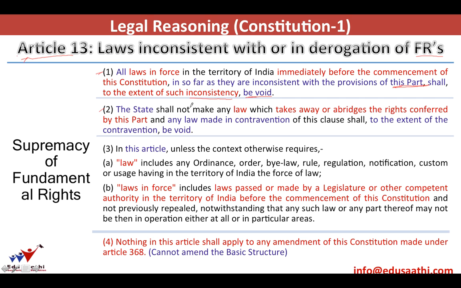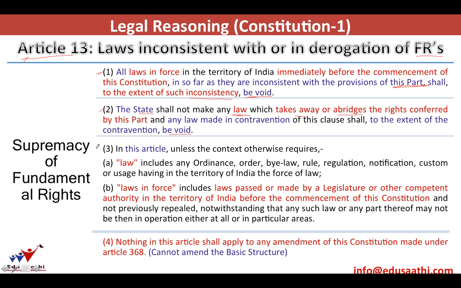Next clause is clause 2. The state shall not make any law which takes away or abridges the rights conferred by this part, and any law made in contravention of this clause shall, to the extent of contravention, be void. So it gives the direction to the state that you do not have to make any law which takes away fundamental rights or abridges, which creates a halt between the enjoyment of the rights of the citizens. So any law made with relation to this part, this clause, would be void to the extent of contravention or the inconsistency. So the state is not allowed to make such laws which are inconsistent with the rights of the